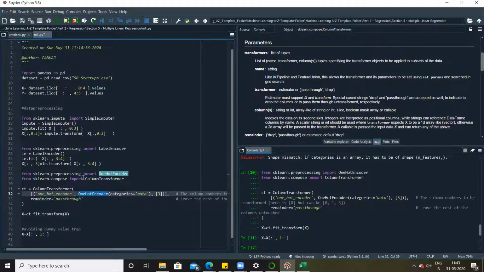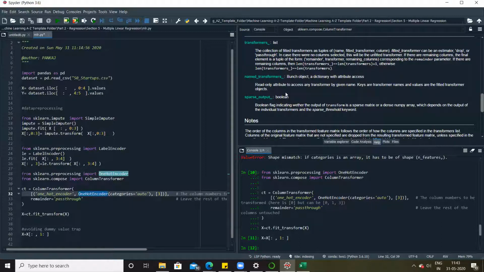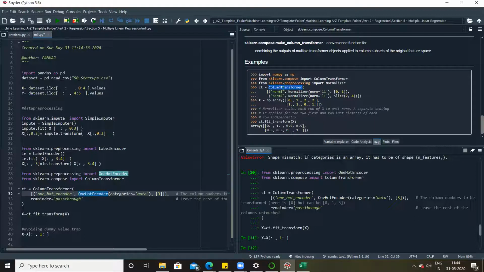The first one is just a key, as I told you. You can see there are a bunch of other techniques as well. So we are telling it to please apply the one-hot encoding technique. Here the column transformation technique used is normalizer, but instead of normalizer, we want to apply the one-hot encoding technique. That's why we are mentioning one-hot encoder as the key.